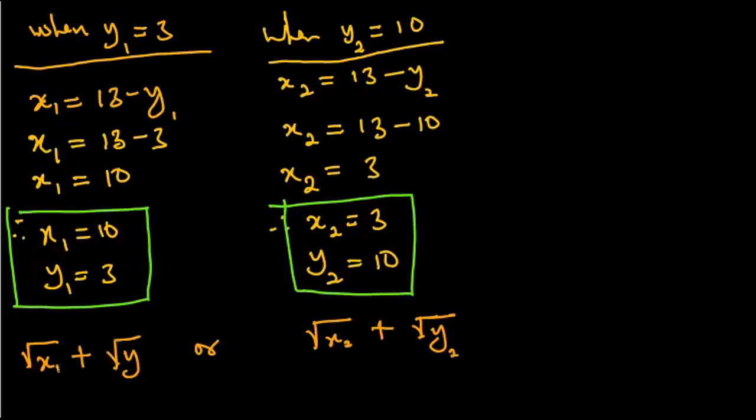This is the first value of x and first value of y. So therefore, our final answer becomes the square root of 10 plus, for the second value of x we have 3 here, plus for the second value of y we have 10. So whichever matches your answer,